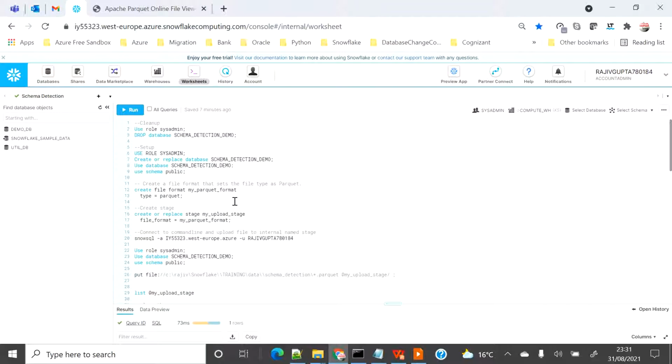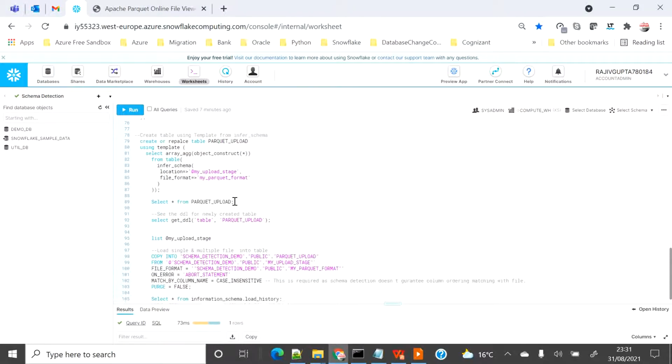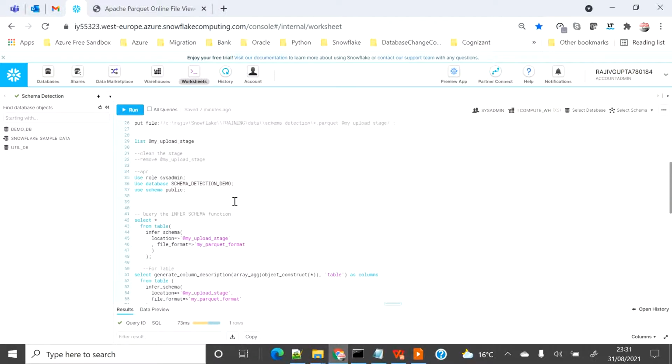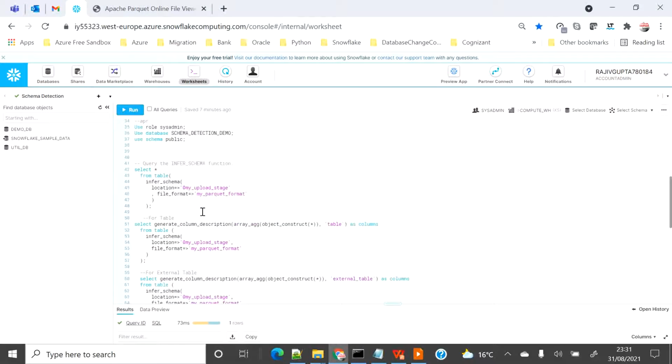To support this, Snowflake came up with three different inbuilt functions. First is INFER_SCHEMA, which reads the flat file from the stage and gives you the output of the column sequence and the data type of that particular file, from the Parquet, Avro or ORC file.